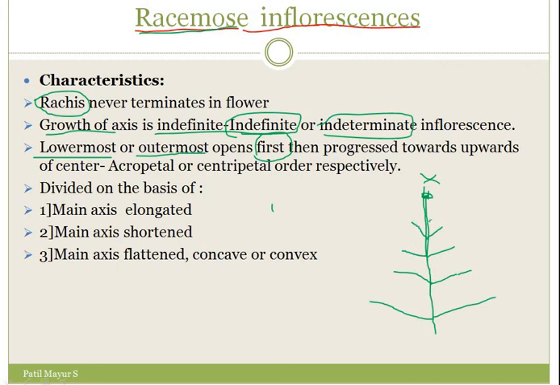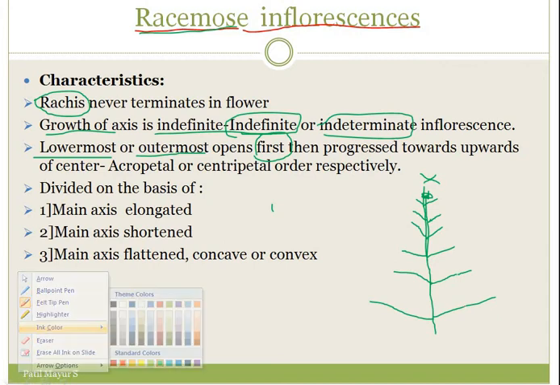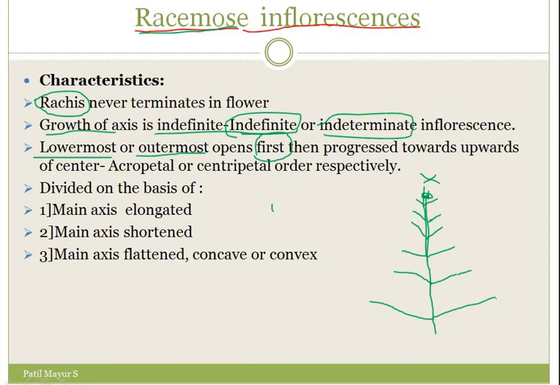You have seen Caesalpinia; in Marathi it is called Shankasur. It is a perfect example of this type of inflorescence, that is racemose. If we see the outer flower, outer means it is at a long distance from the center. So the outer flower opens first. This is a big flower. Outermost flowers open first.